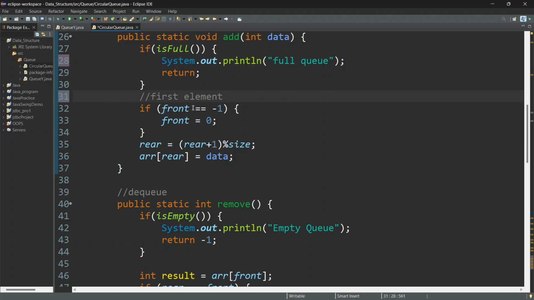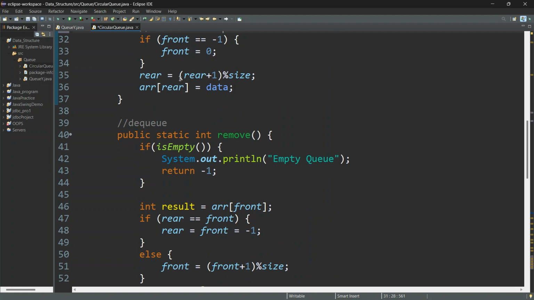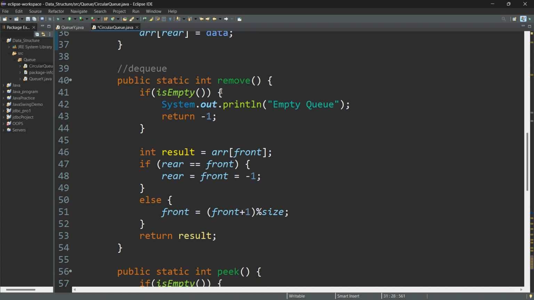first element, if front equals minus 1, then we have to initialize the front to 0. And the rear, I have to increment my rear, so I am putting rear equals rear plus 1 modulo size, and in the array of rear I will insert the data. Okay, and in the